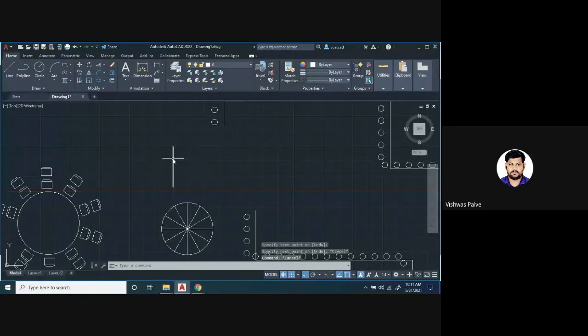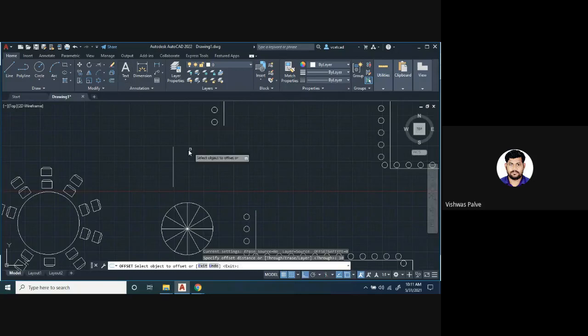Okay, and I want to draw 10 lines of the same at a distance of 10 millimeter. So I'll use this offset command. Shortcut is O enter, or you can use it on the screen like that directly. Offset. Then it says specify the offset distance. So offset distance of 10 millimeter.